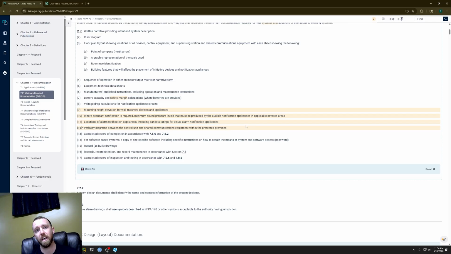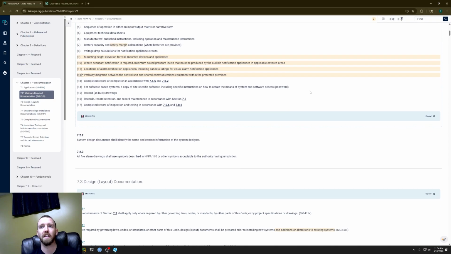Then you need pathway diagrams between the control unit and the shared comms equipment within the protected premises. So you need to show that the wiring is capable of surviving an event at a certain temperature rating for a certain amount of time. So you need to show the pathway is protected, record retention, record maintenance, and a complete record of inspection and testing. So all of this is